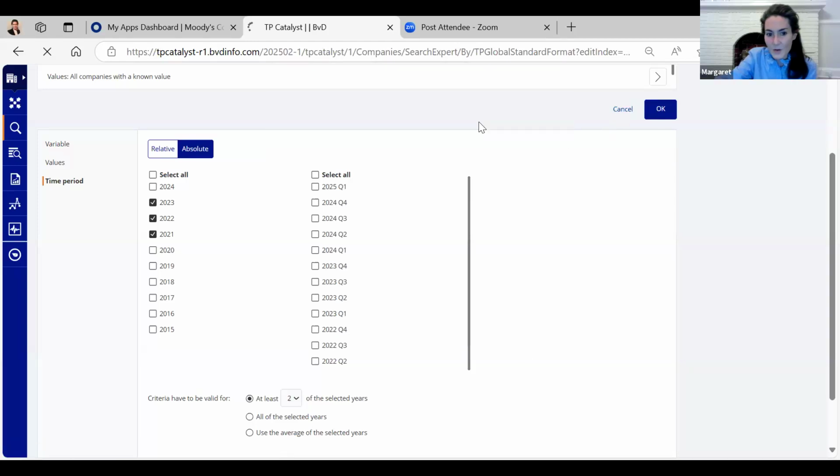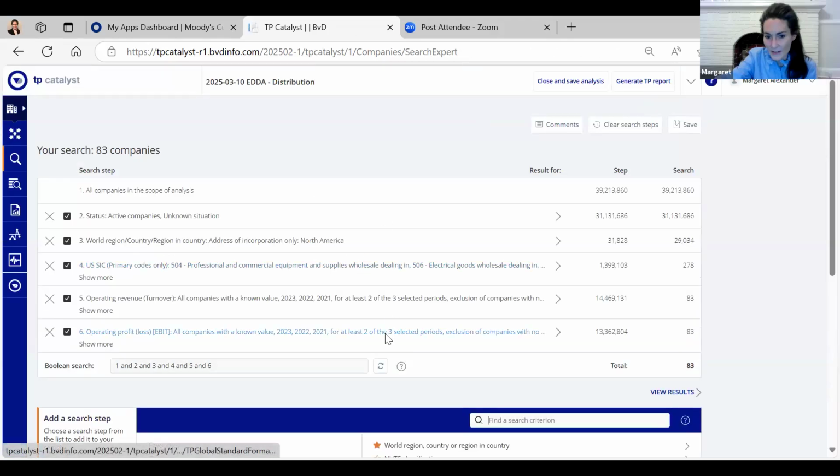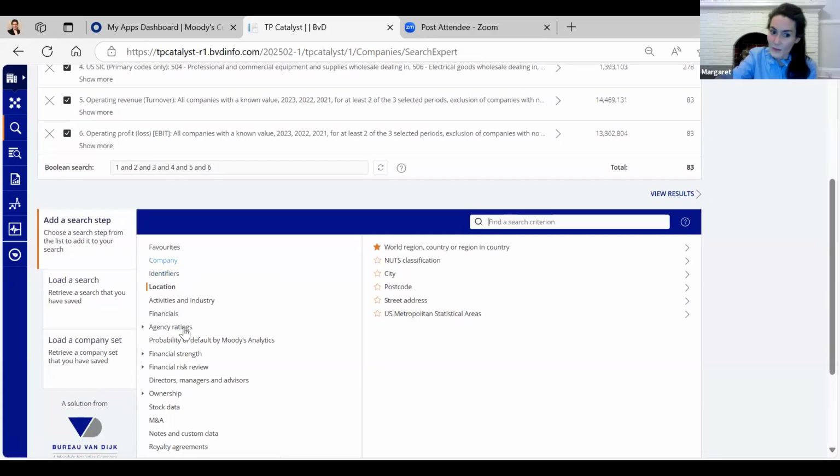And yeah, so once you have your search criteria entered, and you do that either by clicking here and then looking at your options here, or you can search for whatever criteria you're looking for. Then you can view results either by clicking here, or you can follow the navigation pane over here. So if we're looking at results, we'll have these 83 companies.